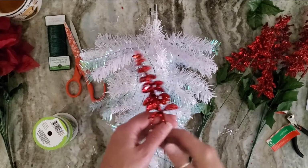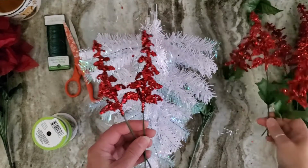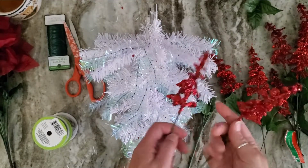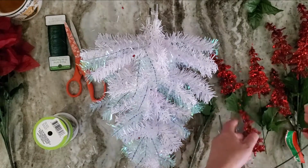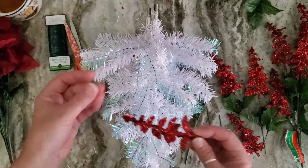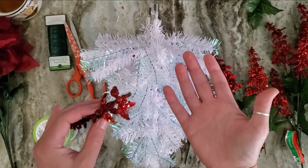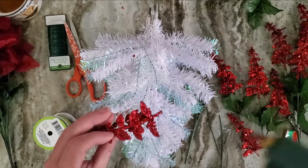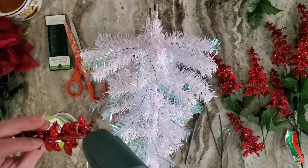Okay, so I went ahead and cut one pick apart, and so all I have are these 5 loose, what they're calling heather, and I took the leaves off. I'm also going to take off the stem because I don't think we really need that. So you tell me so far what you think. This stuff flakes everywhere, so just warning you, you will be glittery, you will sparkle like the sun when you are done with this. So now I'm just going to put some hot glue on the back of this,